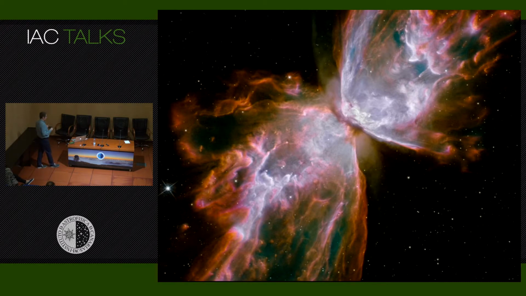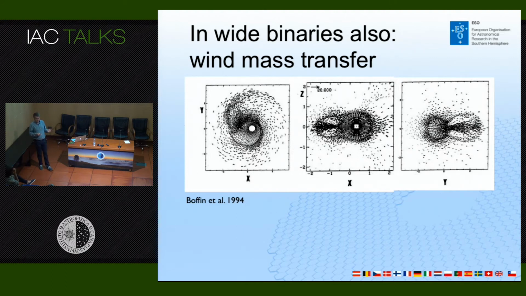So the common envelope phase and process is a natural explanation for making a planetary nebula, if you can have them in binary stars. In wide binaries, you can also have this kind of thing, because there you don't have the Roche lobe overflow. You have mass transfer by wind, but even then, you can see that there will be a preferential plane, which is the orbital plane, and there will again be very strange shapes. And at the end, this envelope is also going to be ejected, and there will be a white dwarf there. So even in wide binaries, you could also explain the shapes of